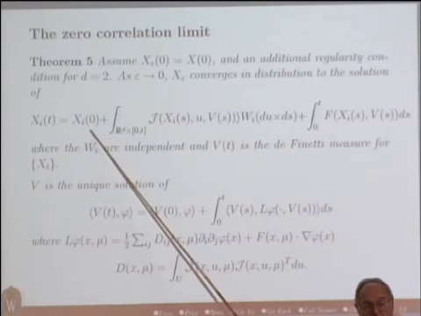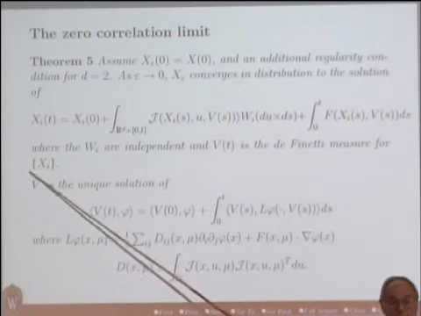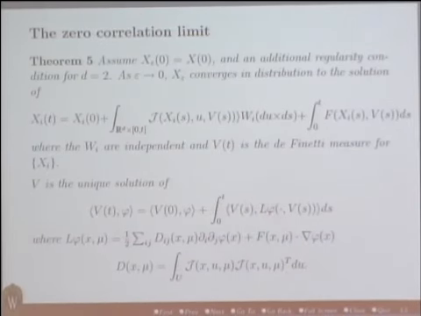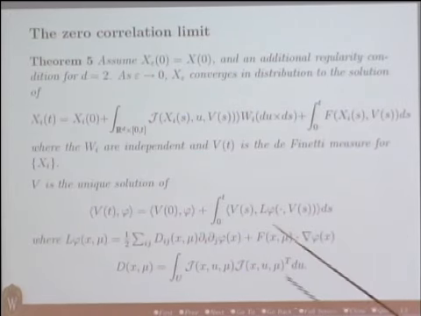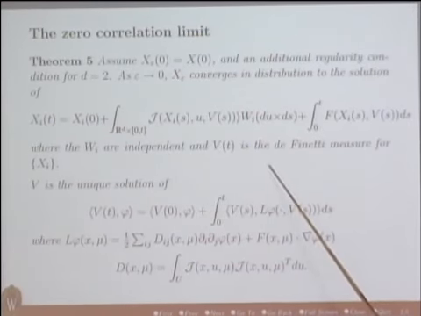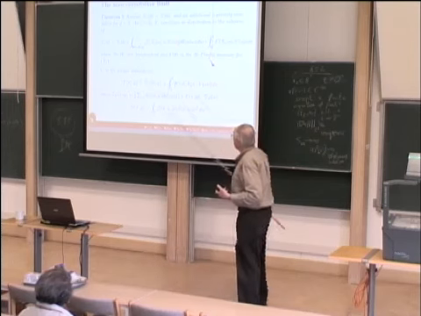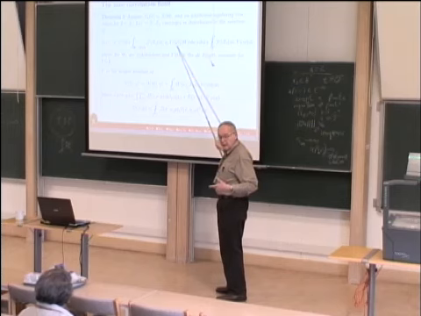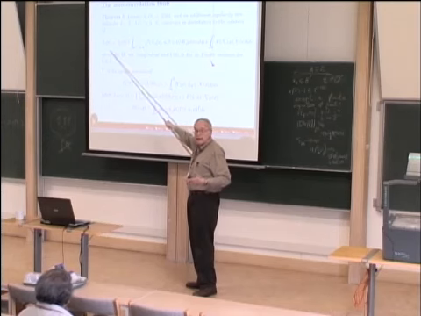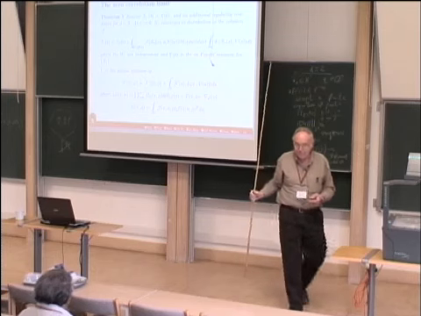If the xi of zeros are independent, we've already said the Wi's are independent. If I have uniqueness of this solution, then V has to be measurable with respect to the tail sigma algebra for the sequence that's generated by the initial condition and the Wi. But if the initial condition and the Wi's are independent, the tail sigma algebra is trivial. That tells me that V is really deterministic. And if V is deterministic and the xi of zeros are independent, then the xi's are independent. And that's the propagation of chaos result that goes with this.